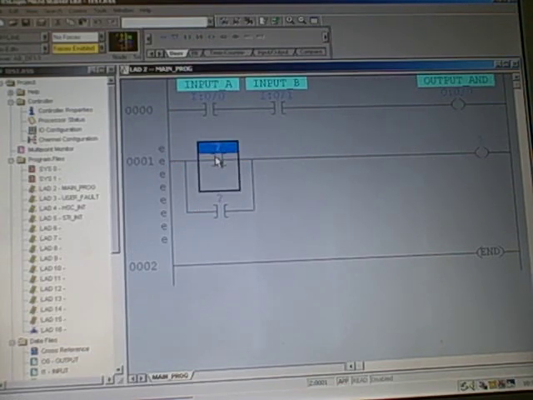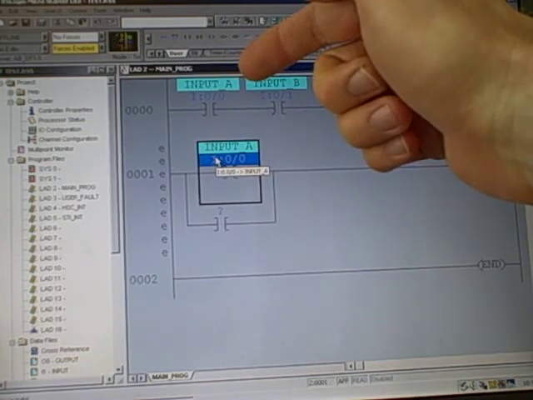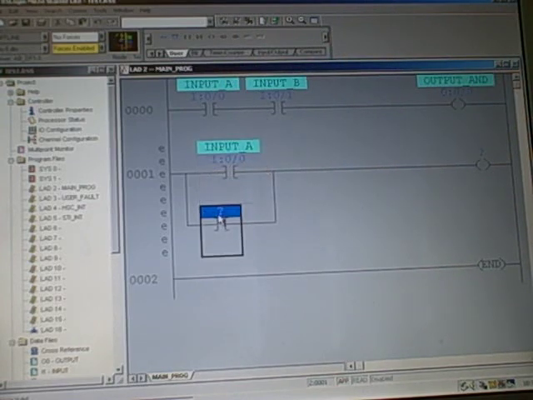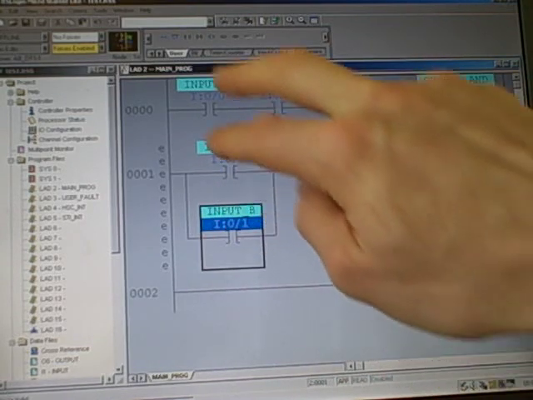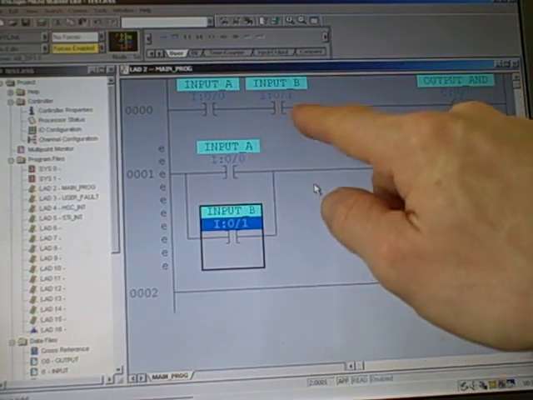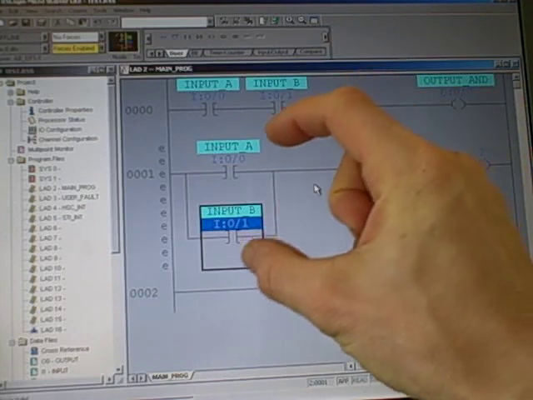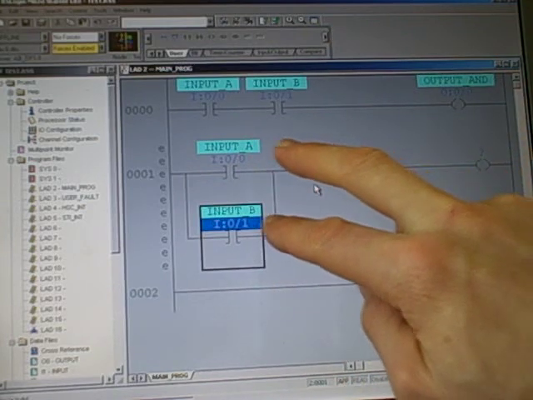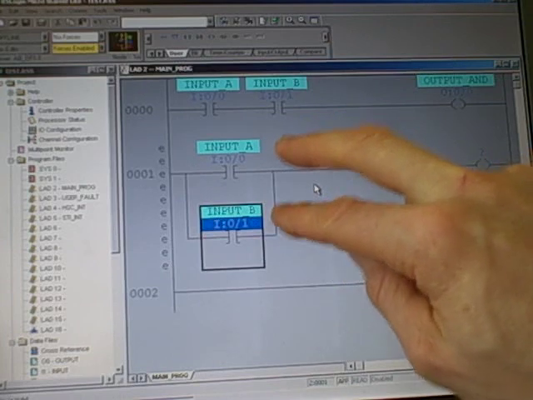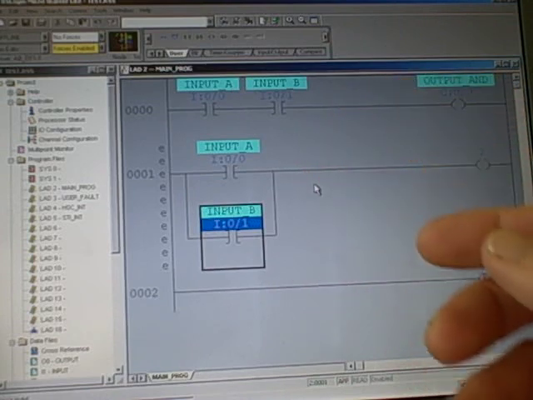I'm going to identify my contacts. This I'm going to call input A. Now I can simply call it by its symbol because that symbol has already been associated with that bit. And down here, input B. Another powerful meaning of symbols or usage of symbols here. Once I have my symbols established and associated with the addressed bits, this means I can simply type in or reference those symbols and immediately link them to my contact or read instructions or coil or write instructions. So if I have some intelligently laid out or thought out symbols here, it makes it much easier for me